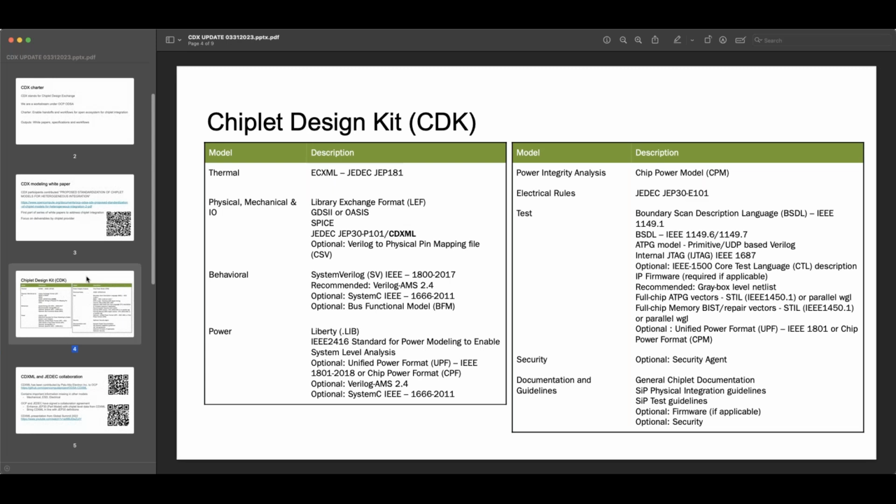Then there is the physical, mechanical, and I/O description of chiplets. There are several different formats that can be used to exchange data. Some of these are optional, some are required, and they fall into different flows depending on what exactly we're trying to do.